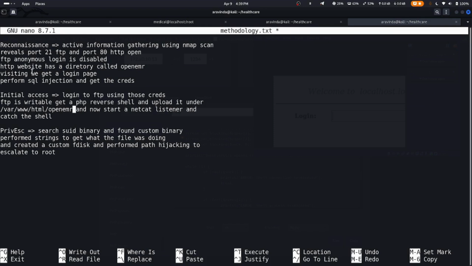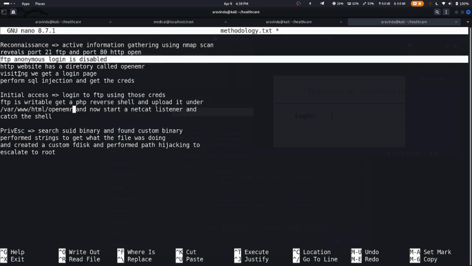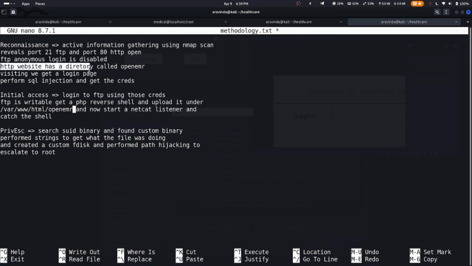So OpenEMR, and essentially what we did was a reconnaissance at the beginning, and we did active information gathering using an nmap scan, which revealed ports 21 as well as 80 open, and we tried an FTP anonymous login, which was disabled. Then we went to the HTTP website and found the directory called OpenEMR, and visiting it we got a login page, and we tried to perform SQL injection and got the creds. Then for the initial access, we did SQL injection using sqlmap